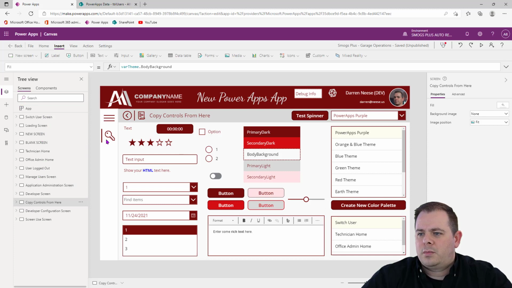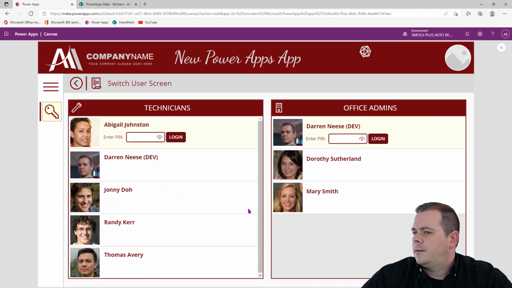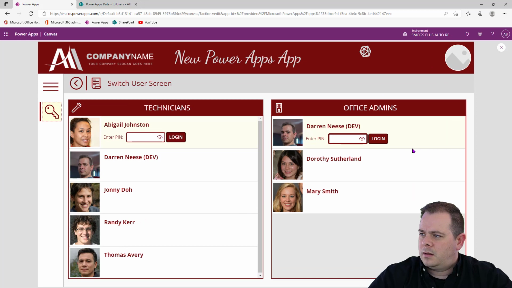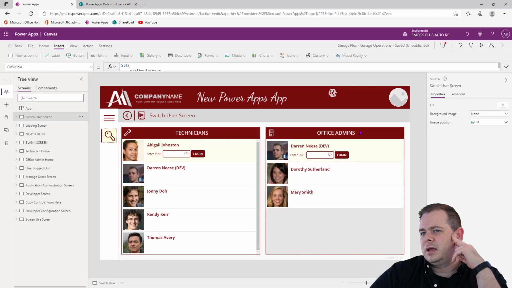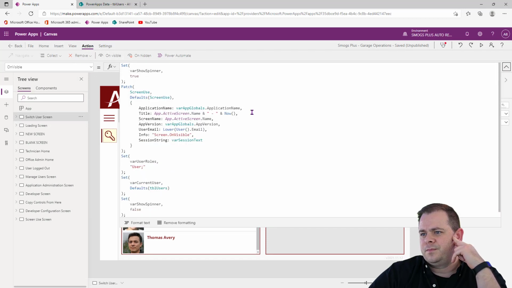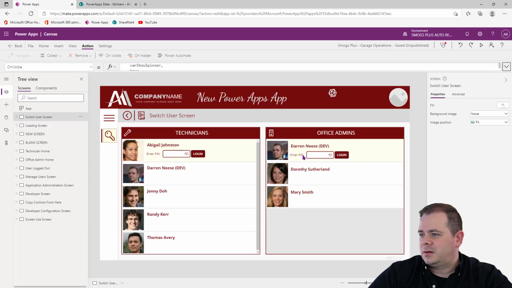So I'm going to go back home and log on. Now, this is interesting. This thing is still here. It should have completely logged me out and reset everything. So on the on visible, we need to reset things such as